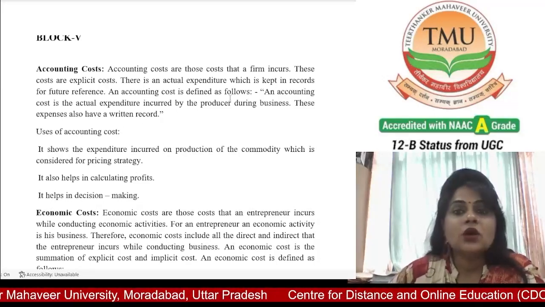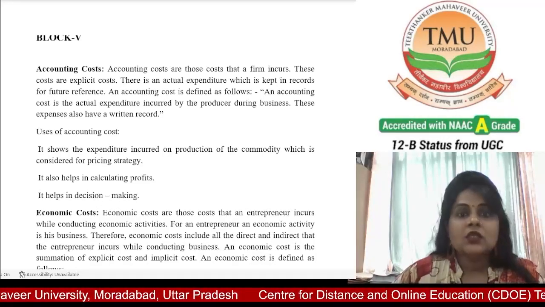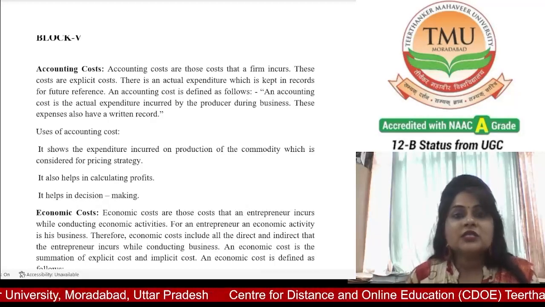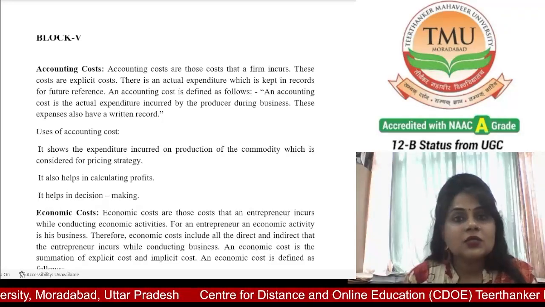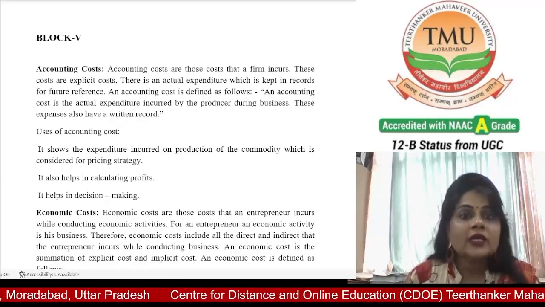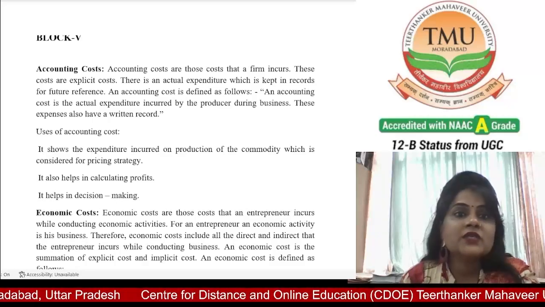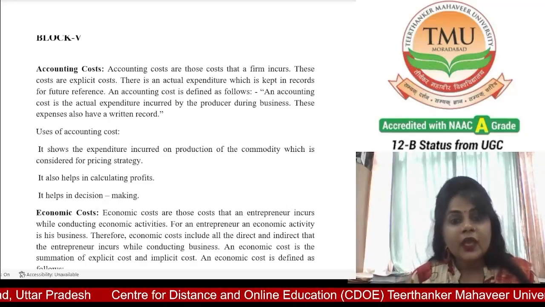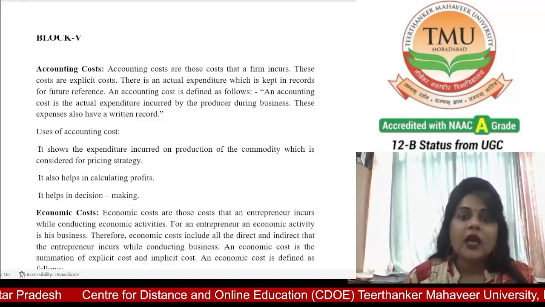Accounting costs are those costs that a firm incurs. These costs are explicit costs. There is an actual expenditure which is kept in records for future reference. An accounting cost is defined as follows. An accounting cost is the actual expenditure incurred by the producer during business. These expenses also have a written record. It means accounting cost can be defined as the cost of activity as recorded